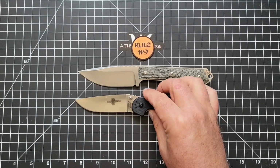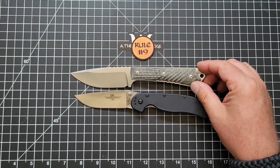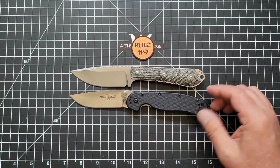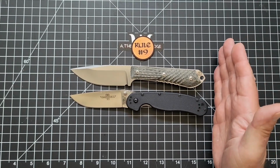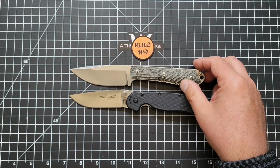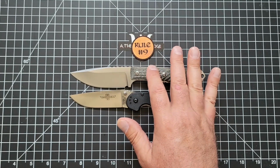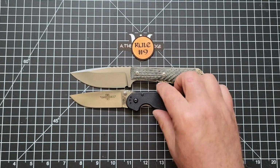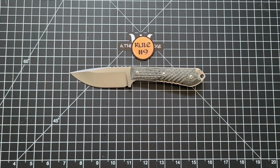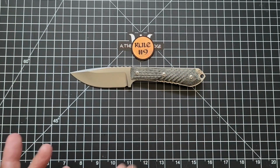So here it is against the large Rat Model 1. And as you can see, these things are a very similar size. Right? In fact, it's really just about the perfect size knife. I really wish very much that they made a folder that had a blade this large. Now, the standard Chris Reeve stuff, the Insingo and the...